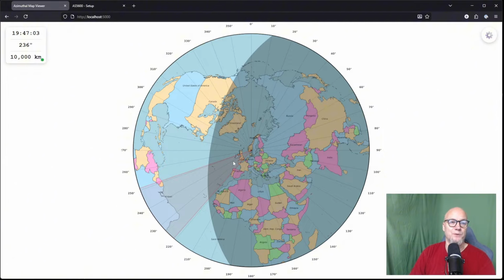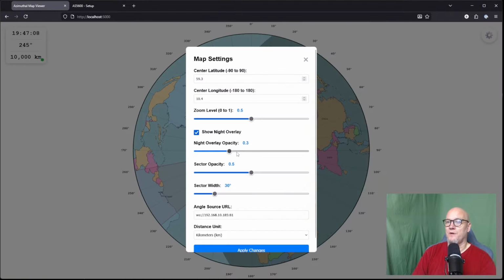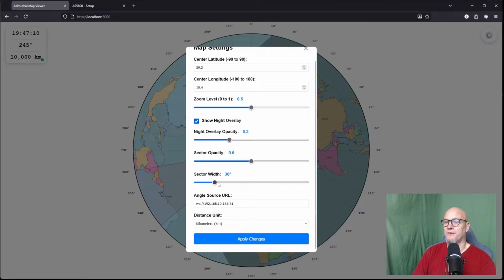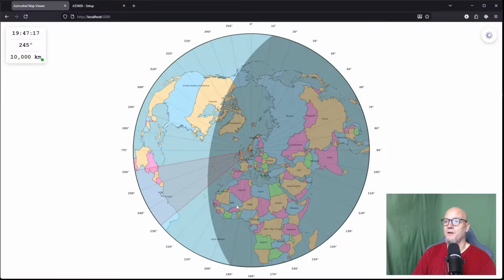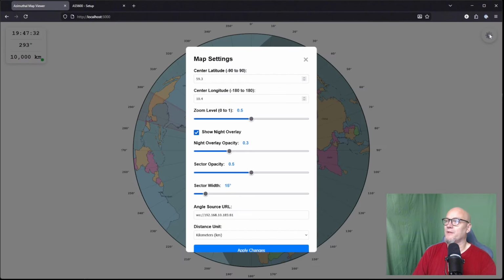Let's see, what else can you do? You can set the width of your beam. Let's see what it's currently set to. In here, it's set to 30 degrees. So if we have a narrower, longer beam, we can set it to, let's say, 15. And we will see that, I think I need to reload for that to take effect. But there we go. There we have the much narrower beam, if you're lucky enough to have a beam with a 15 degree beam width. Other things we can do, we can of course set our home position as degrees,